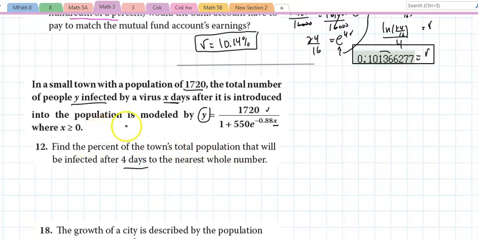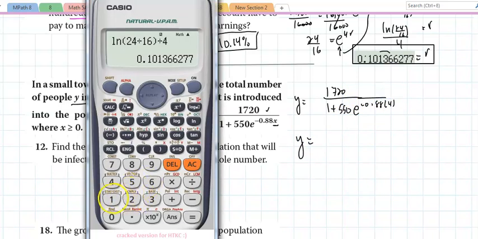What's that? Days would be X. So Y would equal 1720 divided by 1 plus 550 e to the negative 0.88 times 4. That number of people infected will be, and how am I going to input that in my calculator? 1720, I already messed it up. 1720 divided by parentheses 1 plus 550 times e raised to the negative 0.88 multiplied by 4, close parentheses, equals